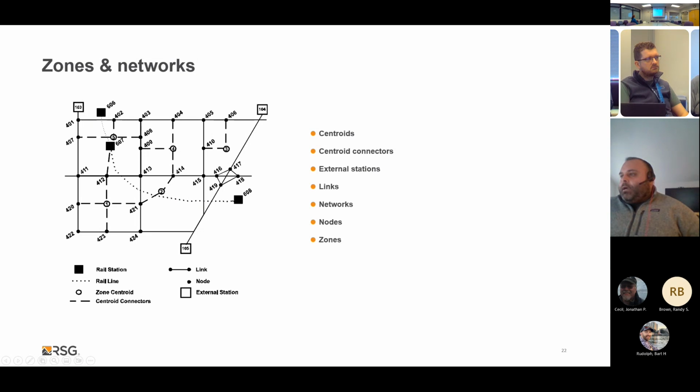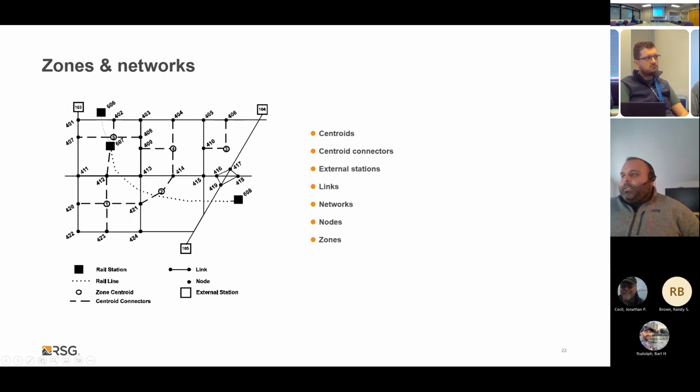And our networks are the electronic representation of the existing transportation system. So all of these connected lines here, for example, are basically the transportation system or the roads, and they mathematically are represented in the model. And they can include both highway and transit systems. And the network is comprised of a combination of links and their nodes, or their stopping and endpoints.